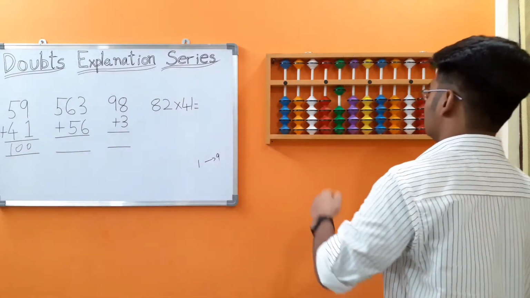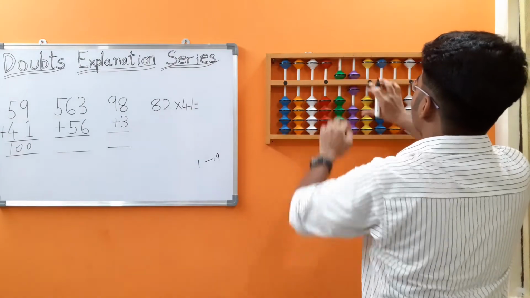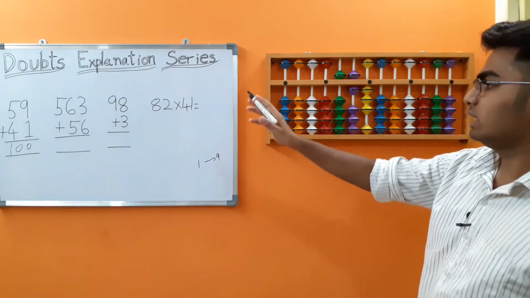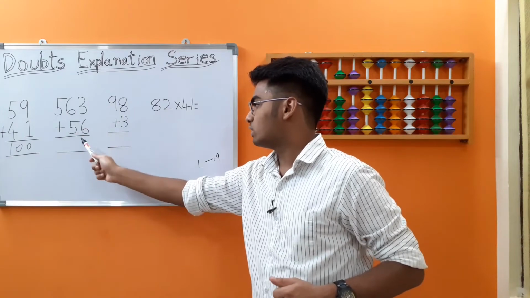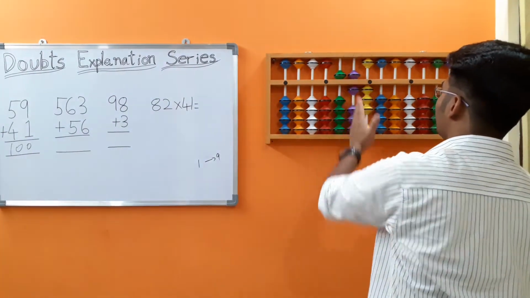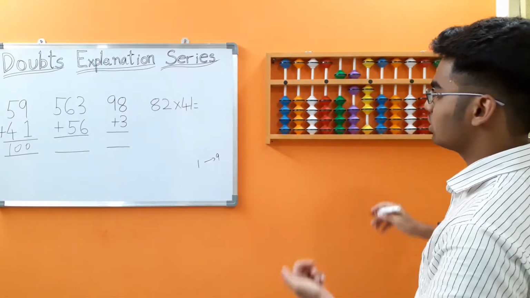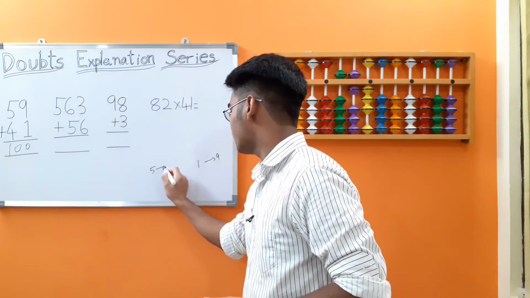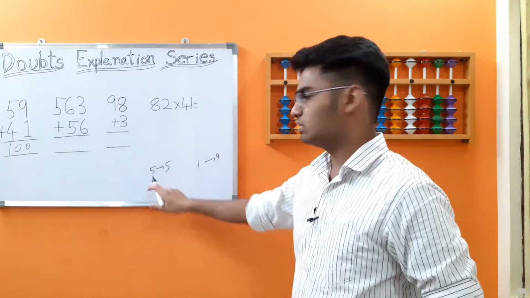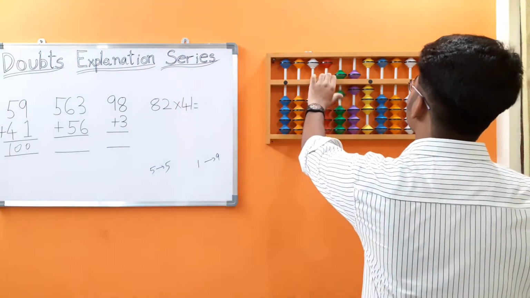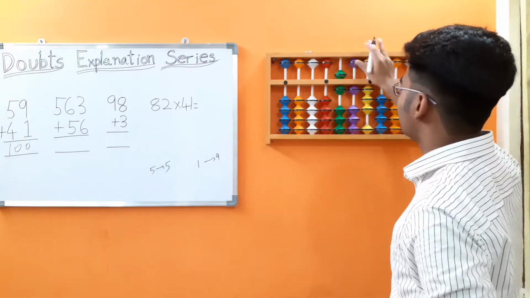563 plus 56. This is the 3D plus 2D. Next number we have is a 2D, so we'll have to add from the tens rod. We cannot add 5 directly here. Let's make use of big friends concept. 5's friend is 5. Is it visible? 5's friend is 5. Add the boss 10 less 5's friend 5.